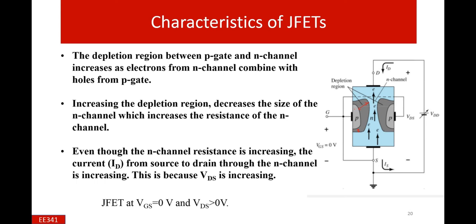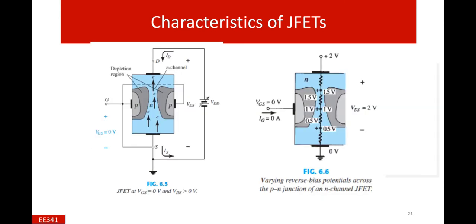If we want to increase the current, then we have to increase the voltage VDS. This is an important characteristic of the n channel JFET. This situation, with the variation of voltage VDD when VGS is 0, can be modeled as an electrical circuit,